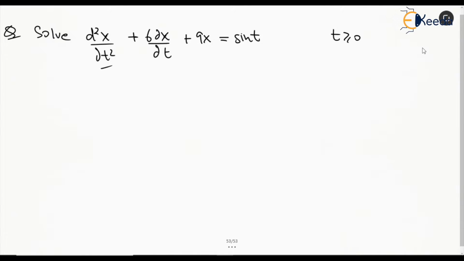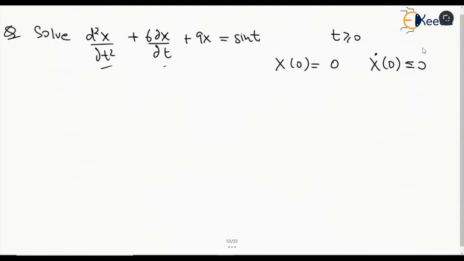So this is second order derivative, first order derivative, and this is x. There are certain initial conditions also provided, like x of 0 is equal to 0 and x dash of 0 is also equal to 0. That makes it easier. If you want, we can directly apply this, and I'll tell you,